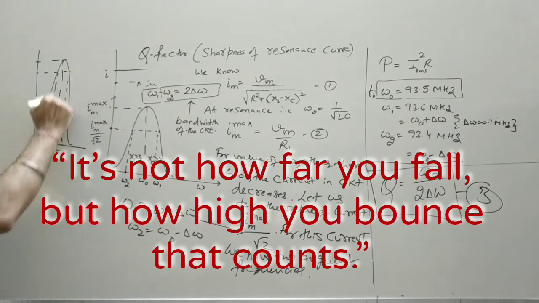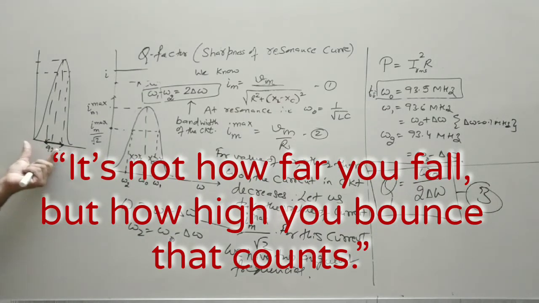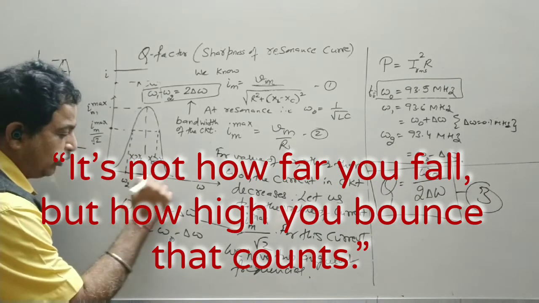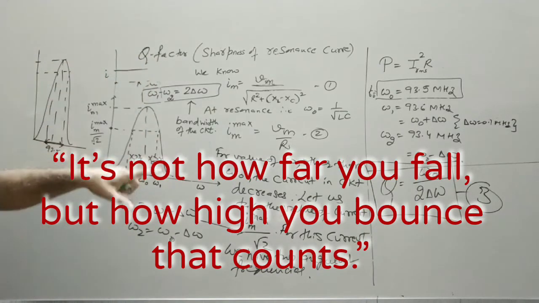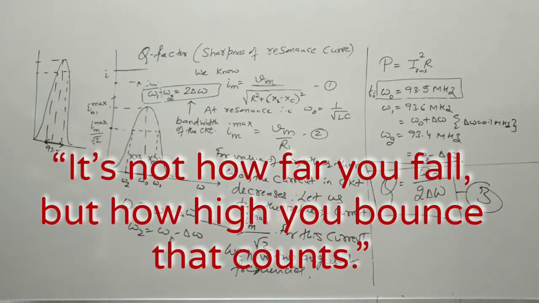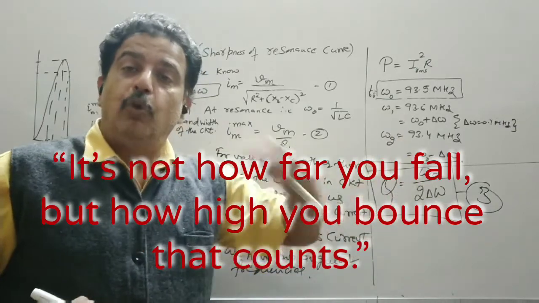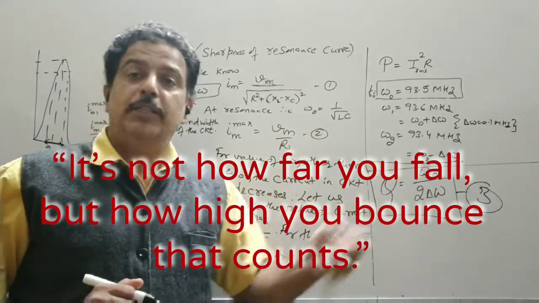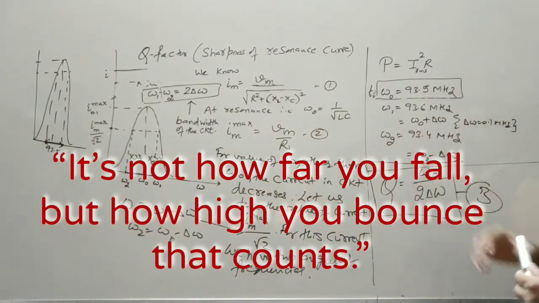So you see this width, that is the bandwidth. This bandwidth is very small as compared to this. So Q factor is inversely proportional to the bandwidth. So we have written that it is inversely proportional to the bandwidth of the circuit. And the more the resonant frequency, the more the quality factor.